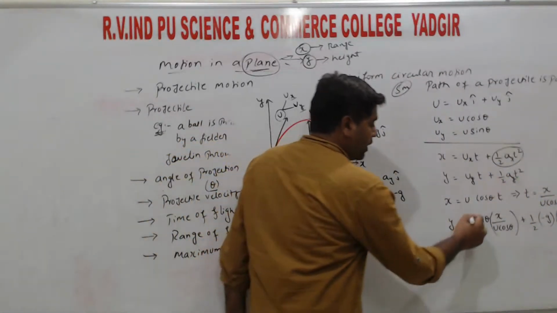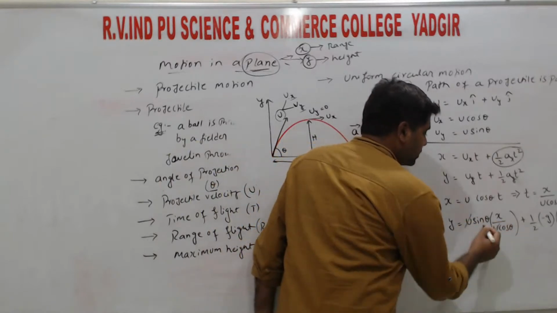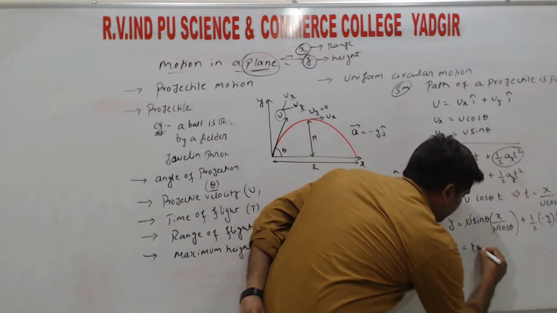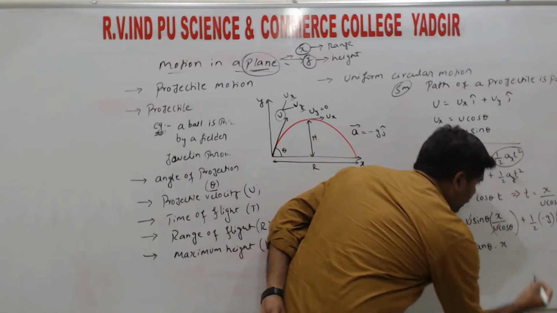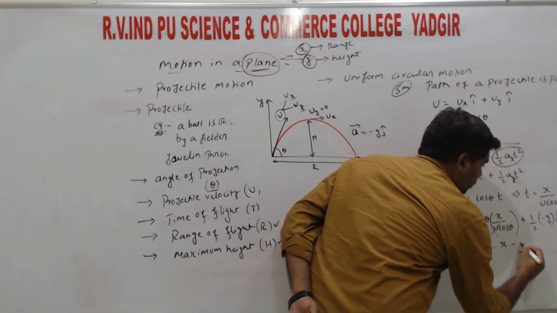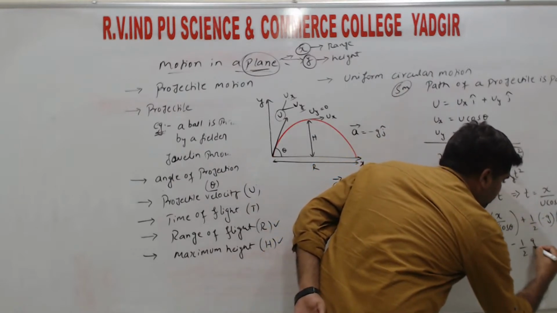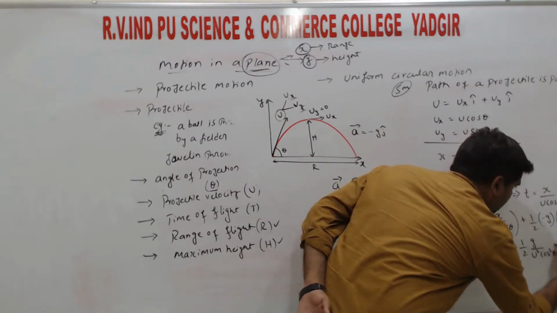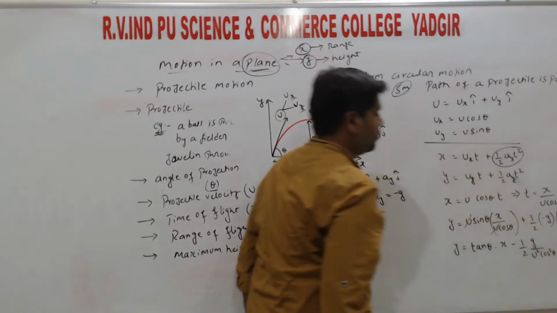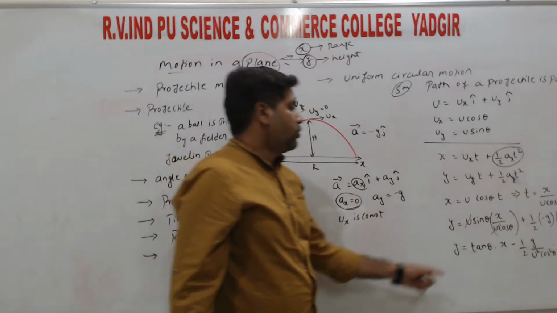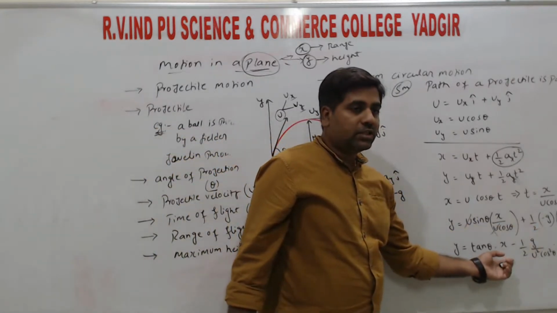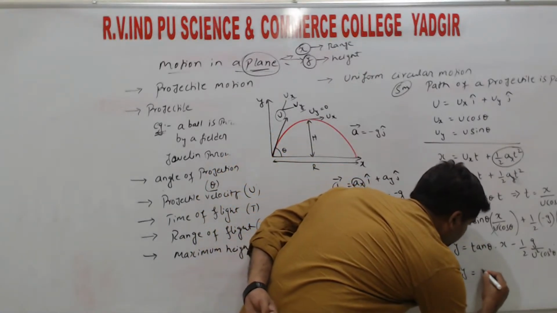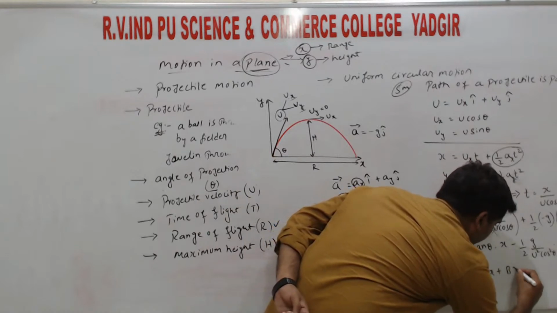So in the numerator we have u, in the denominator u, they get cancelled. So from trigonometry, sin theta by cos theta we can take as tan theta into x. So plus into minus, minus 1 by 2 g by u square cos square theta into x square, right? So if we simplify, we get this relation. So this is in the form of a standard mathematical relation, that is y is equals to ax plus bx square,